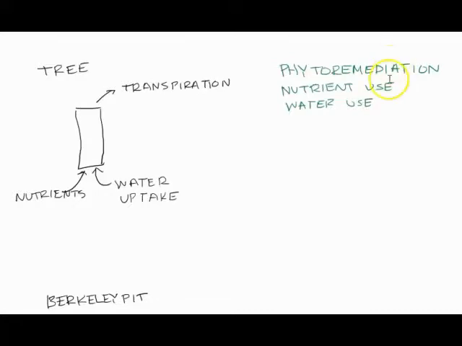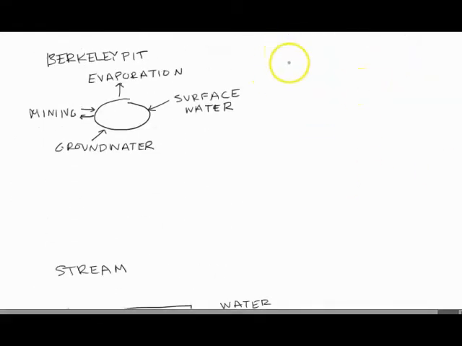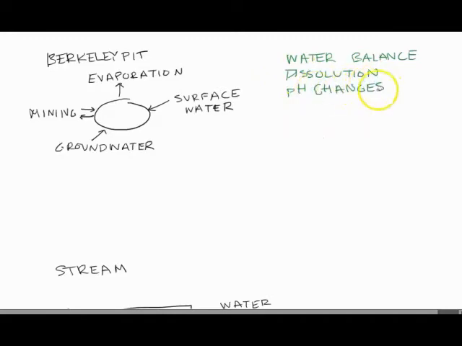For the Berkeley pit, maybe we're interested in a water balance process or a dissolution of minerals into the pit lake, or how pH or safety of the water changes over time. The process of the water balance is a continuous one. Water flowing into and out of the pit lake across the system boundary. This process may also be assumed to be steady state because in general these flows aren't going to change very